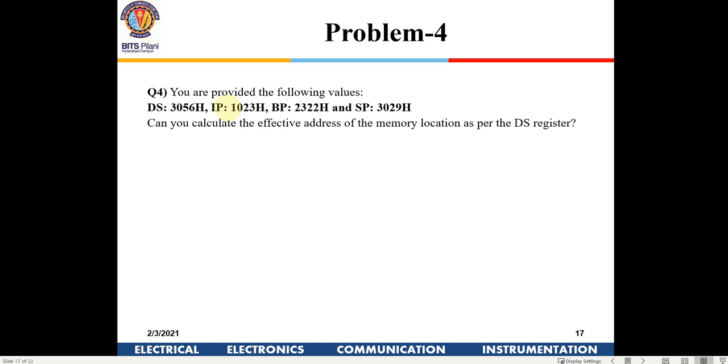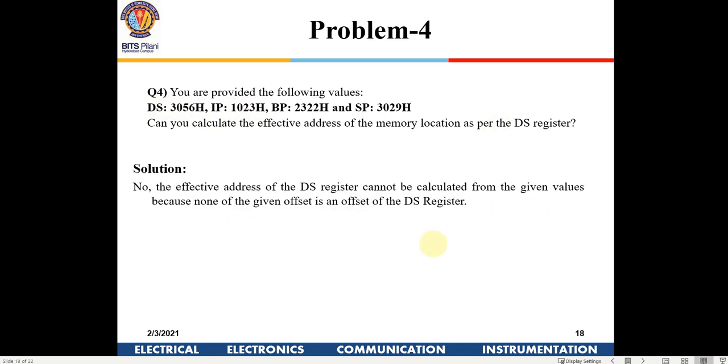IP is for the CS register, whereas BP and SP are for the stack segment. So you cannot calculate the memory location unless we give a stack override command. If we give a stack override command, then we can use this. So it cannot be done, and that's the solution.